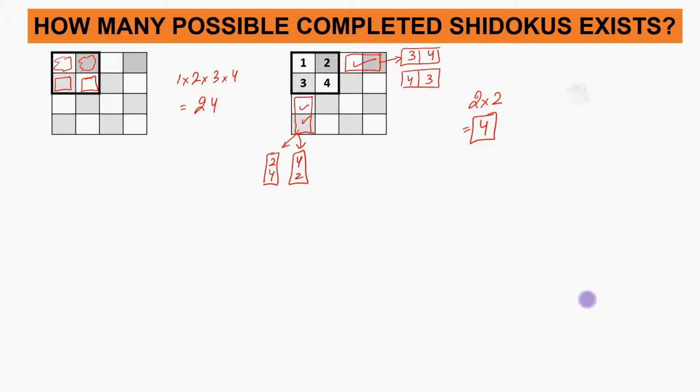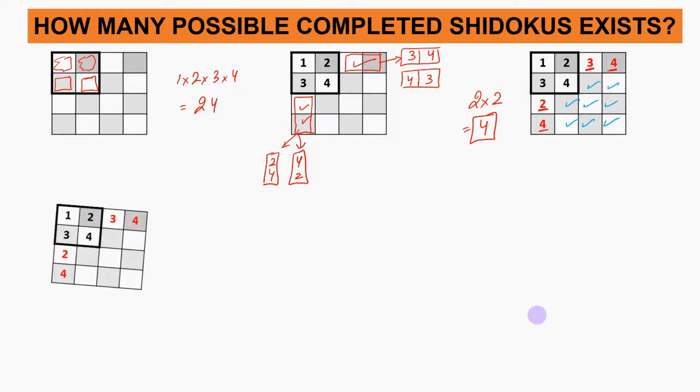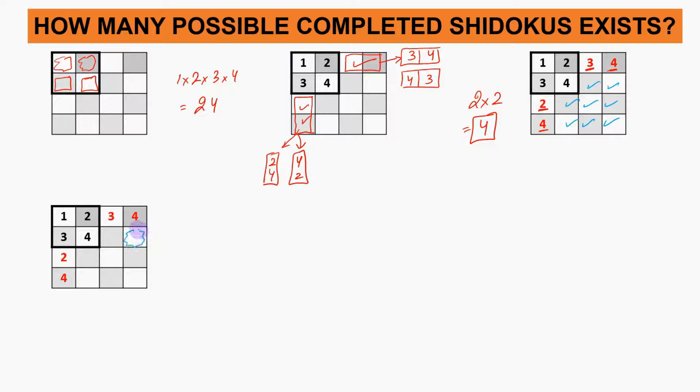Now let us assume that we fill it like this. So we have 3, 4, 2 and 4. Now the problem is, how are we going to fill these squares? And what are the number of ways of doing so? So what we are going to do is, we are going to target this particular place over here, and you observe that this place can either be a 1 or this place can either be a 2.